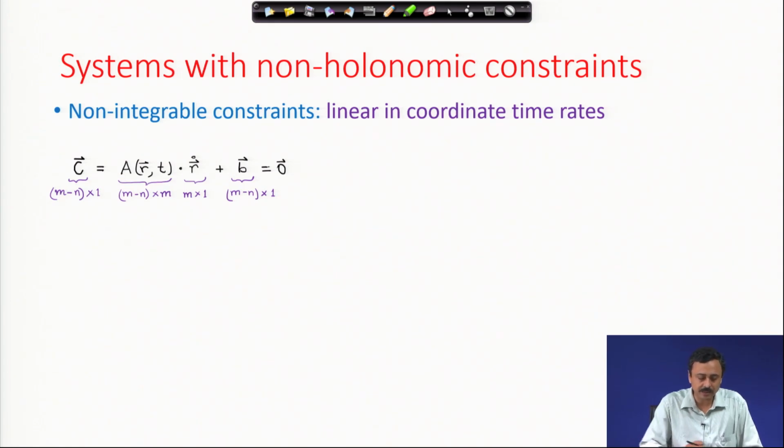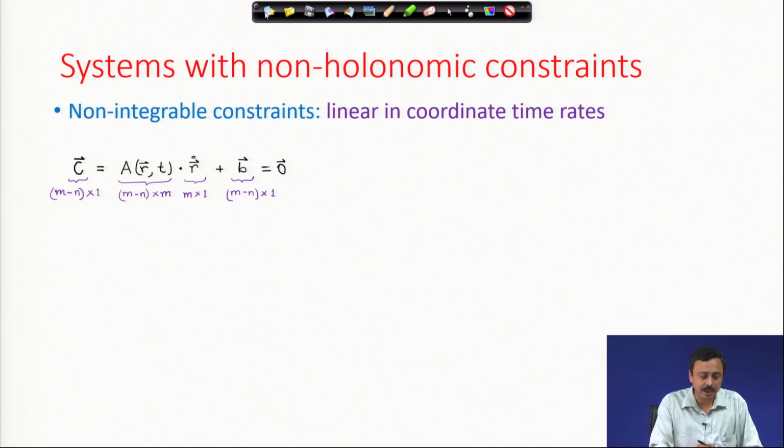They can be written like this, with a matrix of size m minus n cross m. Remember, m is the number of these physical coordinates, r is the physical coordinate vector. This is the physical coordinate vector rate, and you will notice that the constraint is linear in terms of the rate of change of the physical coordinate vector,